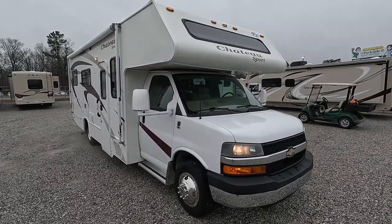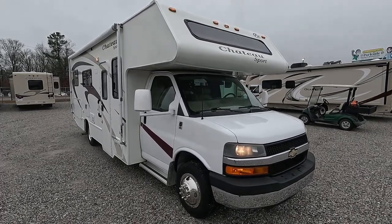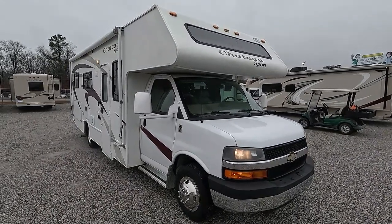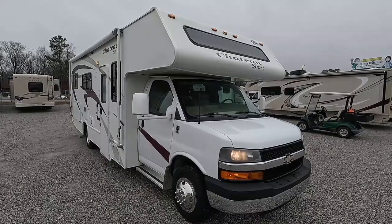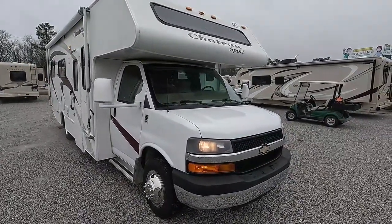Thought I'd swap gears a little bit instead of doing a travel trailer or a Class A. Let's do a Class C today. This is a local unit that I purchased here yesterday. This is a 2008 Four Winds by Thor Chateau Sport 25C. So it's a 27-foot Class C with a slide out, and pretty rare because it's actually built on a Chevrolet